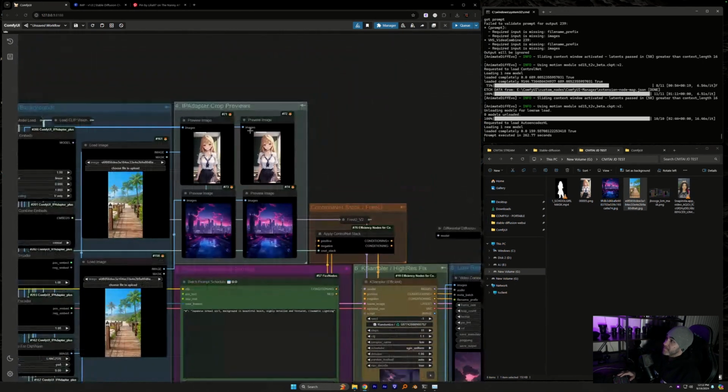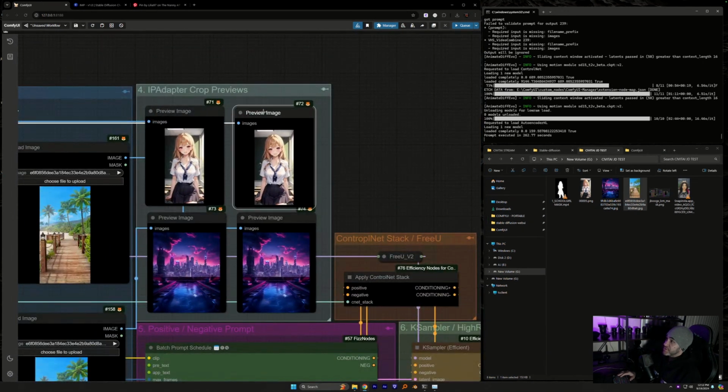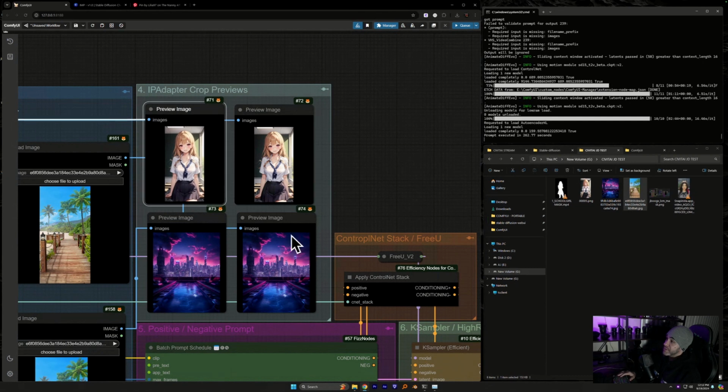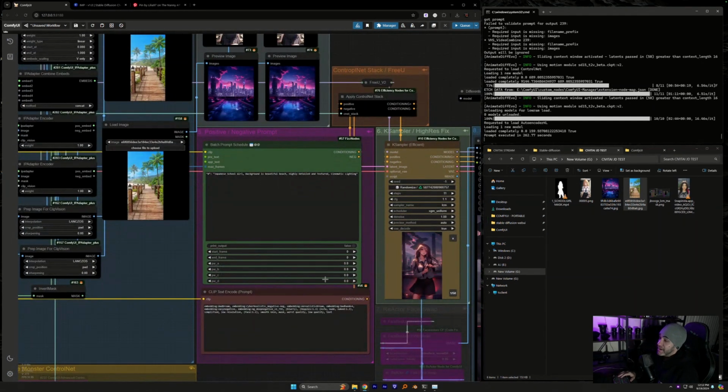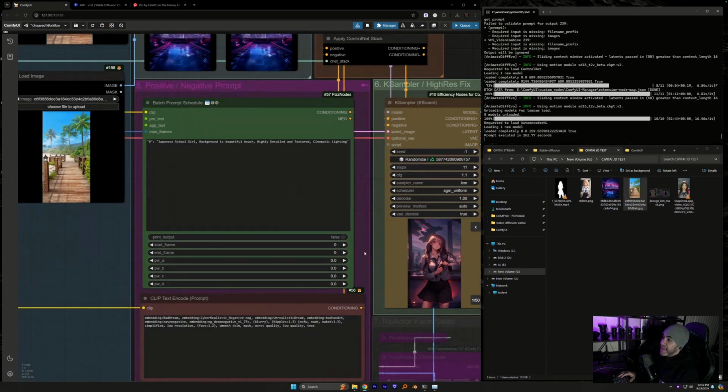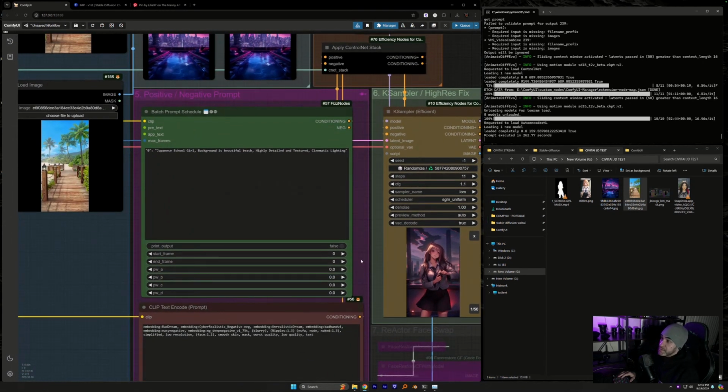And then moving on up here, our previews, just to make sure that our IP adapters are loading correctly. Then we have our positive prompt and our negative prompt. The negative isn't going to do too much here since we're using LCM and our CFG is really low, but I feel like it does something, so we keep it in there. And then our positive prompt.